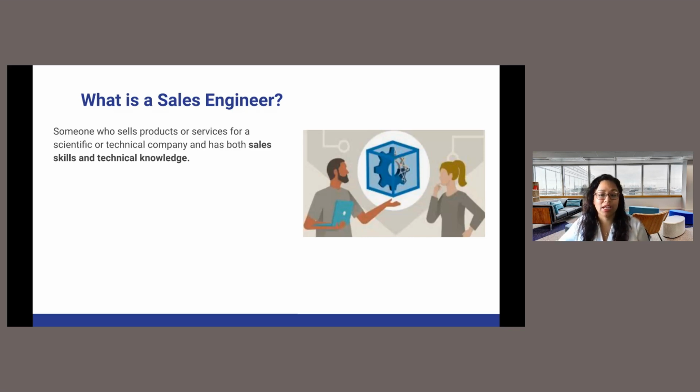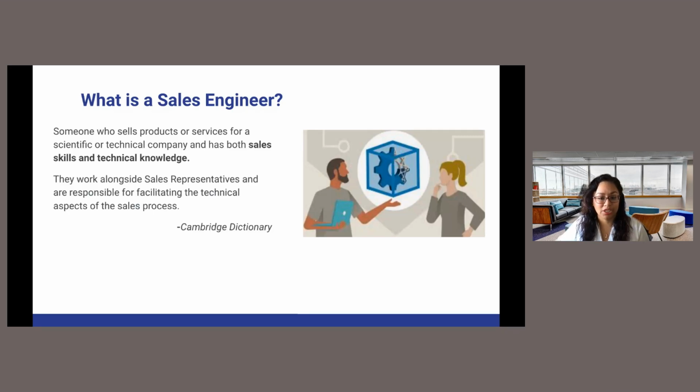They work alongside sales representatives and are responsible for facilitating technical aspects of the pre-sales process. Here's something important to think about sales engineers. Sales engineers also develop relationships not only internally, but also externally with the customers, with the main purpose of identifying their needs, and finding and designing solutions that will ultimately meet those needs.